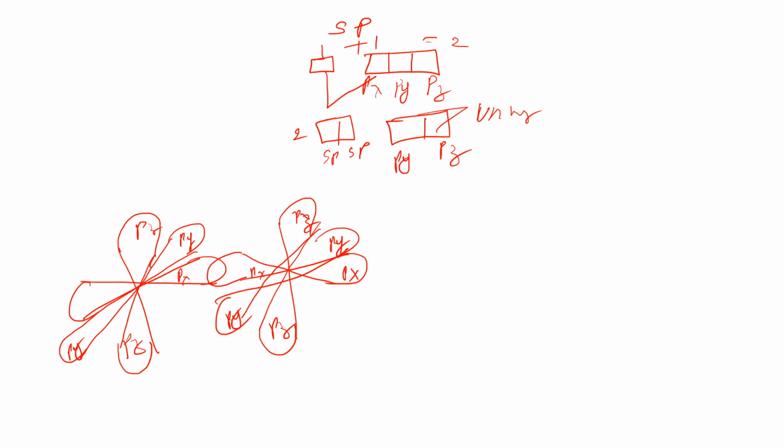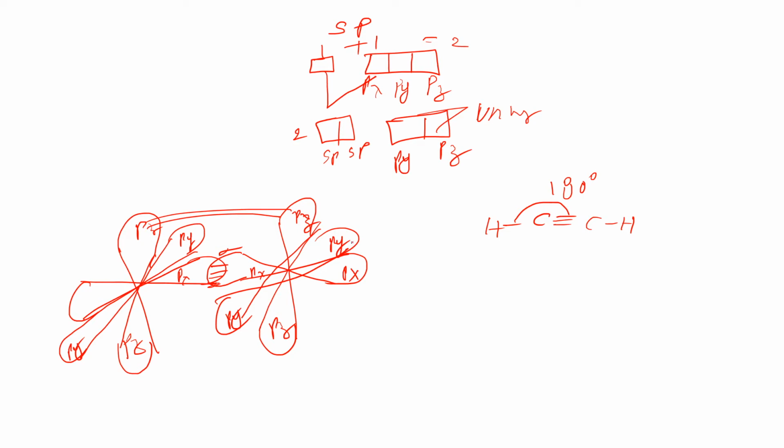Here you can see there is a formation of the sigma bond. The first bond formed is a sigma bond, with head-on overlapping. As a result, the sigma bond will be formed, and after that there will be formation of the pi bond. So this is the structure showing how it will be formed. If you want to write the molecule, it will be CH triple bond CH. So this is the bond formed. The bond angle will be 180 degrees.